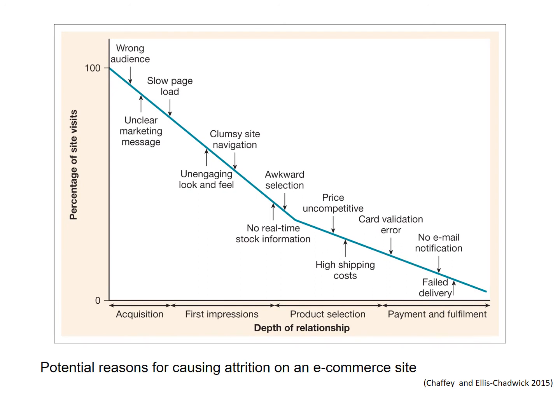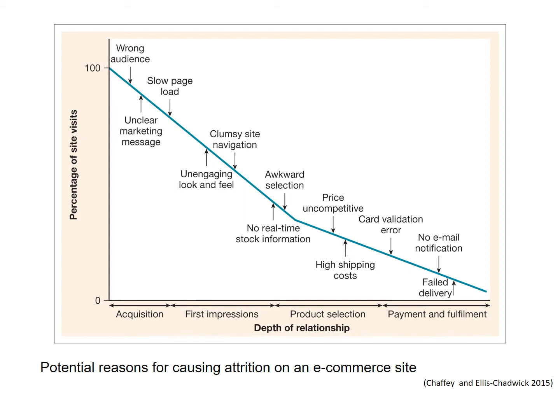And here we have potential reasons for causing attrition on the e-commerce site. On the left hand side we have the percentage of site visits going down to the depth of relationship and leading to the payment and fulfillment. So again, if we move all the way down from the depth of relationship in terms of acquisition, first impressions, product selection, and payment and fulfillment, we can see certain things can cause attrition on a website and a sale